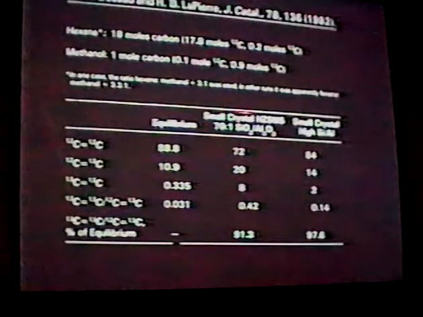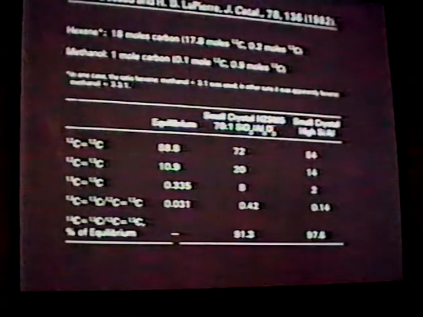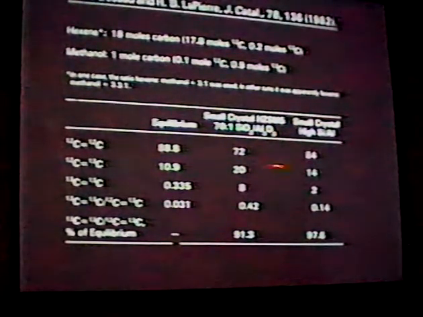This is what was obtained with small crystal ZSM-5, with the high silica ratio, and the distribution is very close to equilibrium, as I show in the next slide. This is the composition measured experimentally. The open circle is the composition at statistical distribution. And so starting where you would form carbon-13 labeled ethylene from methanol, they are this close to being at